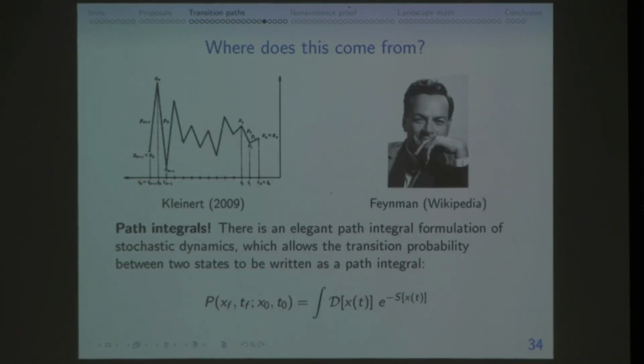So where does this come from? Well, it turns out this comes from path integrals. So is anybody here physics or physics adjacent? I know you got a degree in physics. Okay. So people are generally familiar with path integrals from quantum mechanics, where you can use them to formulate a completely independent notion of amplitudes and whatever. But it turns out you can formulate stochastic dynamics in just the same language. And in particular, write a transition probability between point A and point B in some amount of time as an integral over all the possible ways you could go from point A to point B in that time.